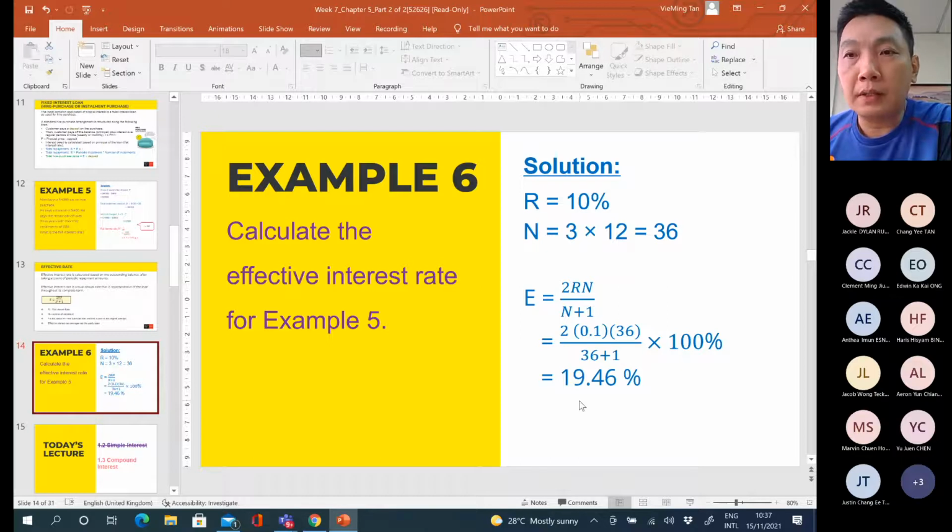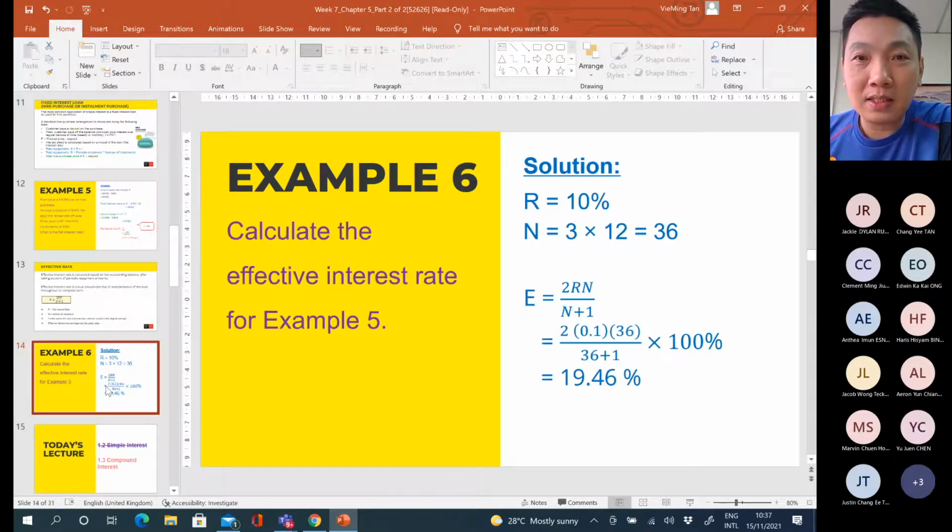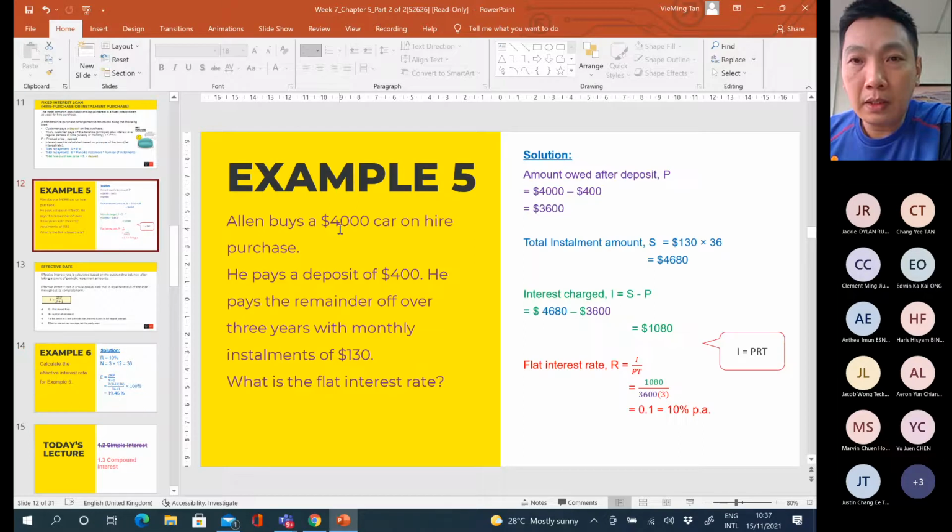So in fact, in reality, the customer, that is Alan, the effective rate that is paid by Alan is 19.46%, as compared to the flat rate of 10%. What is the reason? You may ask, why is the effective rate higher? It's because for Alan, if he is using the flat rate,